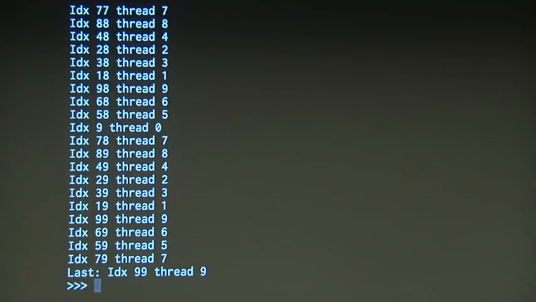The first digit of the index is the same as the thread number. There are 10 threads, 100 indices, and each one, as you look through it, always has the same first digit. Because the default on parallel ranges is static scheduling, which means take my loop, chop it up into n pieces, where n is the number of threads I'm going to use, and assign each thread